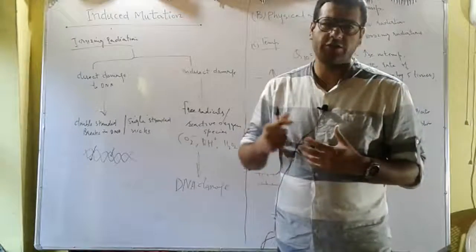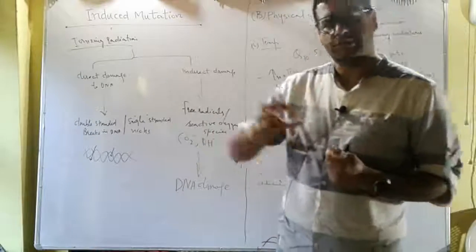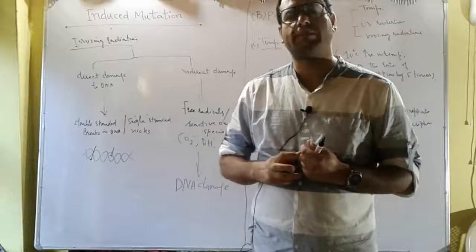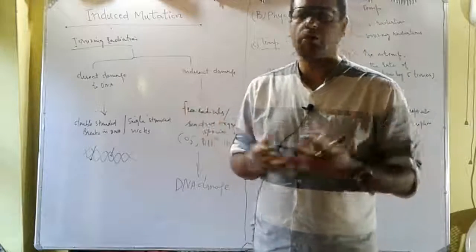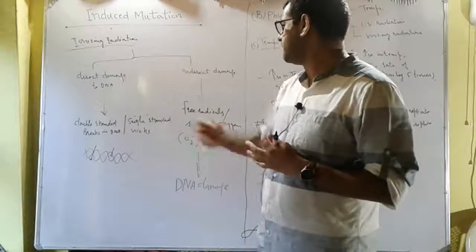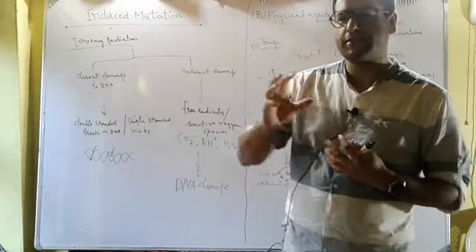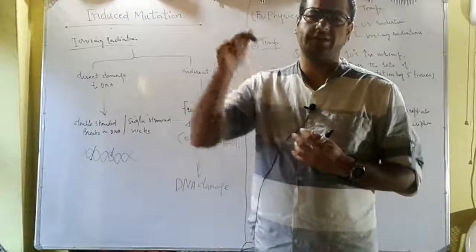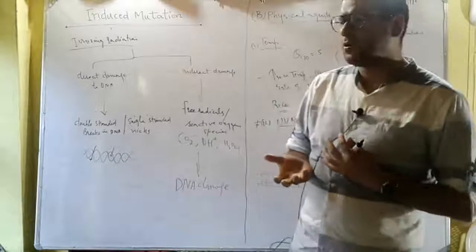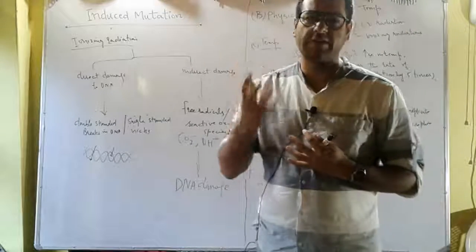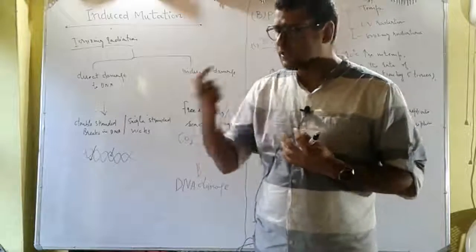देन वी हैव आयनाइजिंग रेडिएशंस। आयनाइजिंग रेडिएशंस वो रेडिएशन हैं जो इलेक्ट्रॉन्स को रिमूव करते हैं फ्रॉम द एटम्स। वो एटम्स एक इंपॉर्टेंट कॉन्स्टिट्यूएंट बनाते हैं मॉलिक्यूलर स्ट्रक्चर ऑफ द लिविंग सिस्टम्स का। आयनाइजिंग रेडिएशंस का 2 प्रकार का असर होता है। वन इज वो डायरेक्ट डैमेज कर सकते हैं डीएनए को, या इनडायरेक्ट डैमेज। डायरेक्ट डैमेज में वो निक्स बनाते हैं, सिंगल स्ट्रैंड ब्रेक भी कर सकते हैं डीएनए में, या डबल स्ट्रैंड ब्रेक भी कर सकते हैं। और कभी कभार फ्री रेडिकल्स बनते हैं। फ्री रेडिकल्स हाईली रिएक्टिव केमिकल स्पीशीज होते हैं, वो जल्दी जल्दी रिएक्ट करते